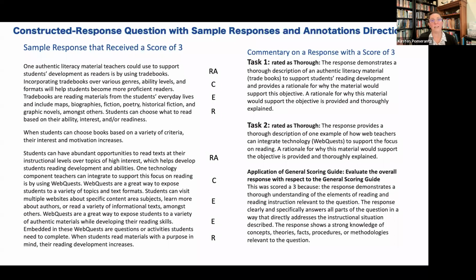So they address diverse students' needs. And here are some examples. And then finally, they say students can choose what to read based on their ability, interest, and or readiness. So this is thorough, succinct, maybe a little too lengthy in the examples, but that nails it for the grader. The evaluator knows that you know what you're talking about. This is what trade books offer to students. And then when students can choose books based on a variety of criteria, their interest and motivation increases. I think that should be part of